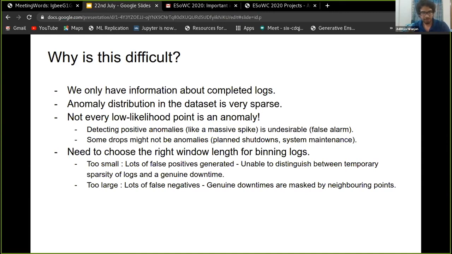Further, several of the points that we see that might seem to be anomalies, maybe a downtrend in the time series, might just have a benign cause, like a plant shutdown or a system update. These are things we don't want to catch, because creating false alarms will just lead to people having to check again and again. And further, anomalies in the positive direction. Supposing you have the servers performing much better than expected, we don't want to catch those. Reconstruction based models sort of struggle with that a bit.